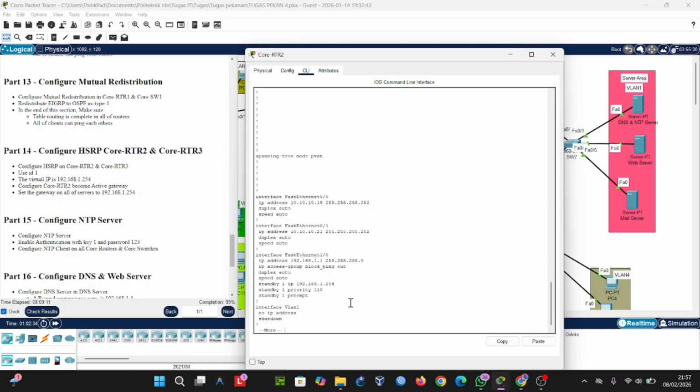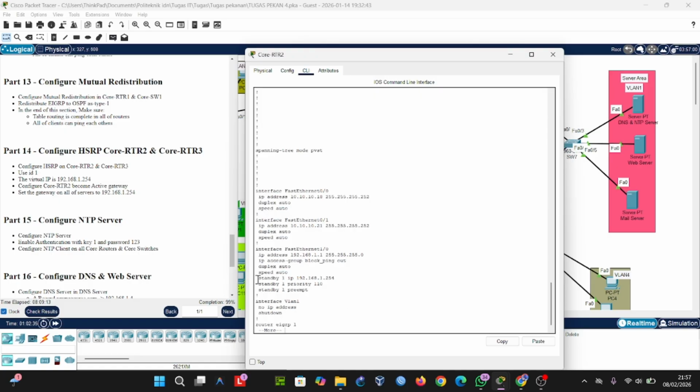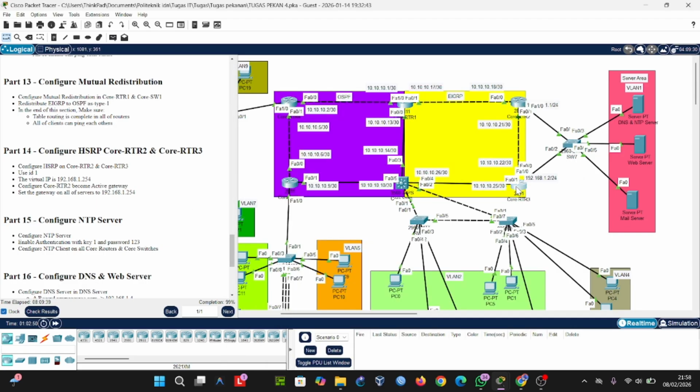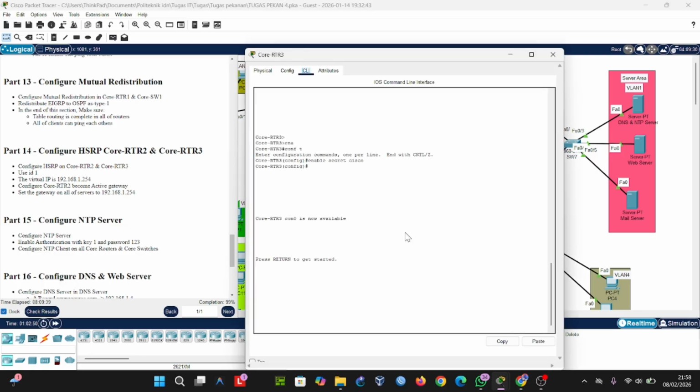Okay, this is the HSRP configuration with priority and virtual IP. The configuration IP is 1.254 and use ID 1. Use 1 in this IP, the same, and 2 in the router MPL3 again.